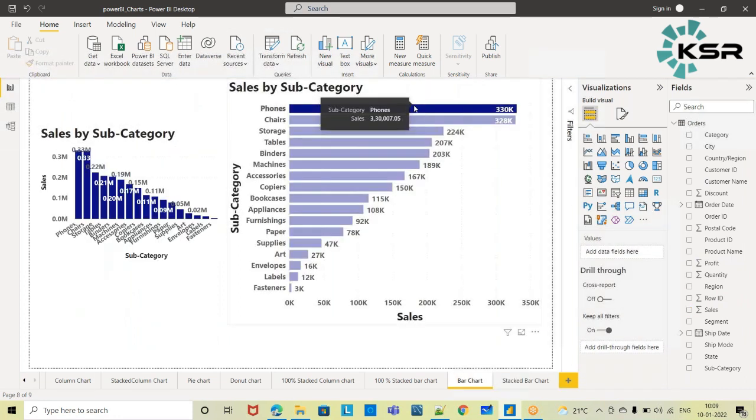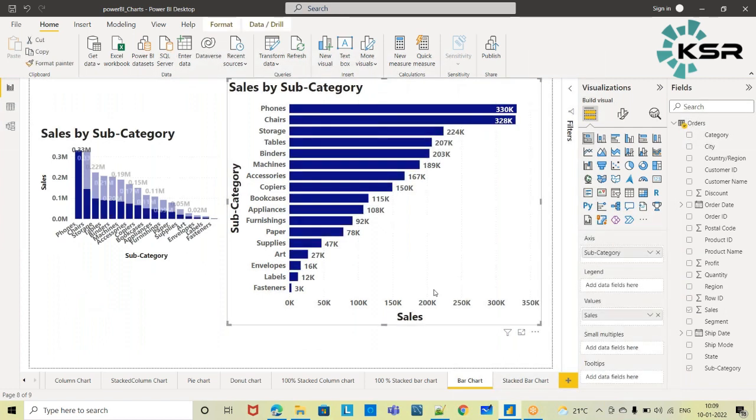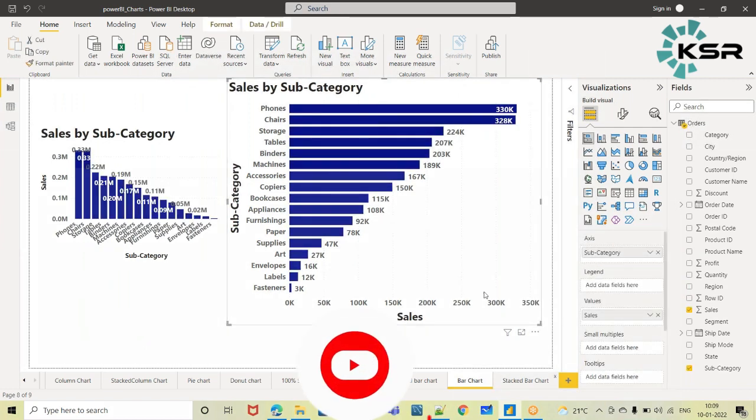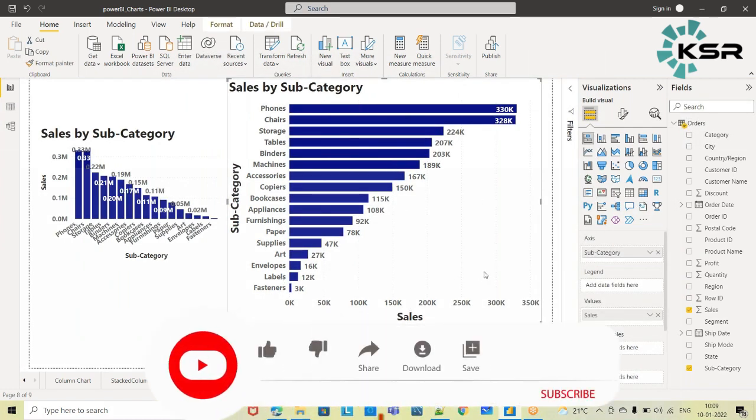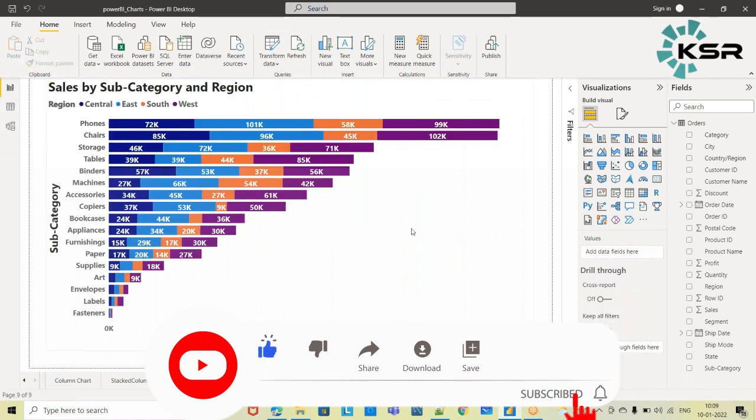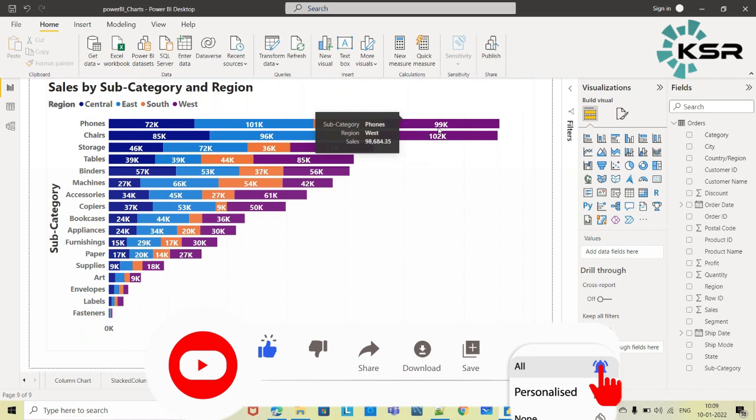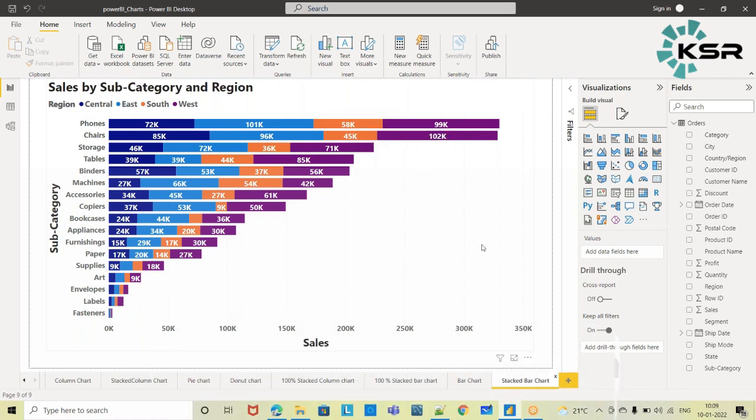This is the bar chart, and here we are able to achieve subcategory wise sales in the stacked bar chart. With respect to subcategory, I wanted some additional information with respect to region wise sales, and I was able to achieve this. So yeah, thank you so much for watching this, and we will come back again with a few more charts. Thank you.